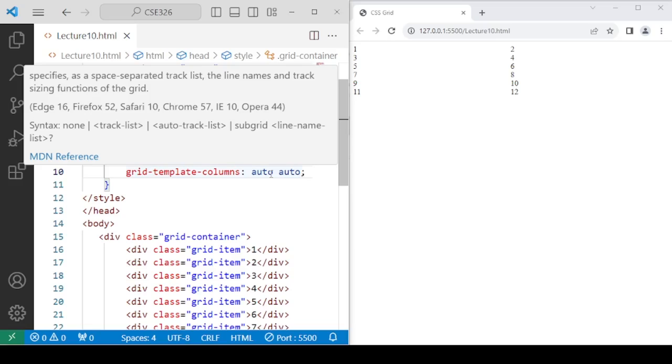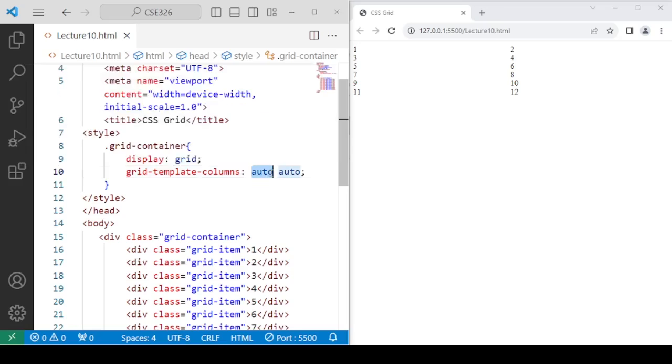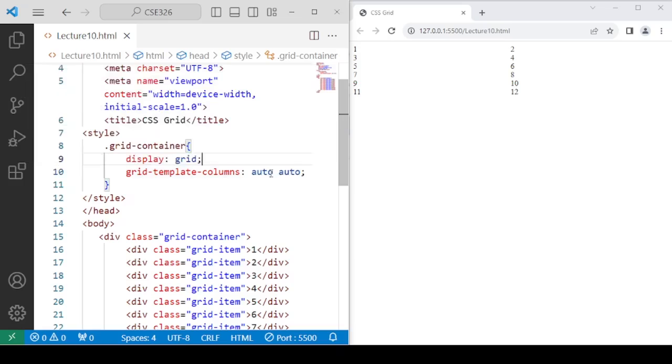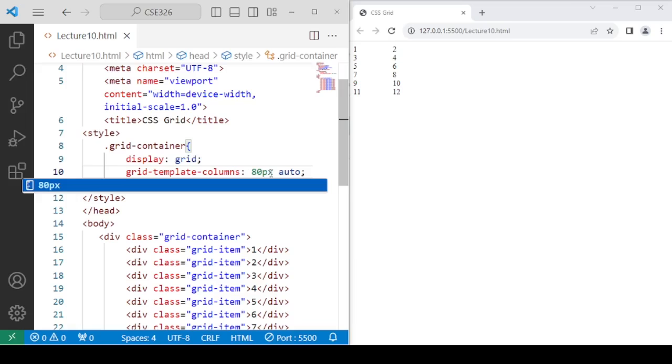But if you want an unequal width, then in that case, you can write down the value, let's say 80px. So if I write 80px, then for the first column, this is our first column and this is our second column,